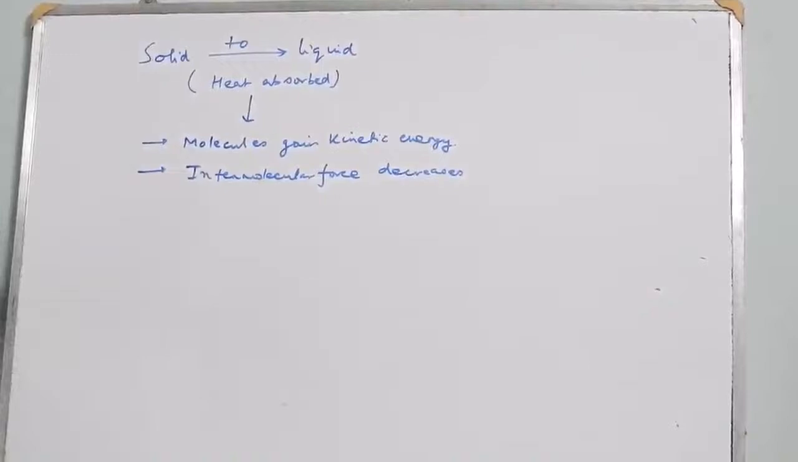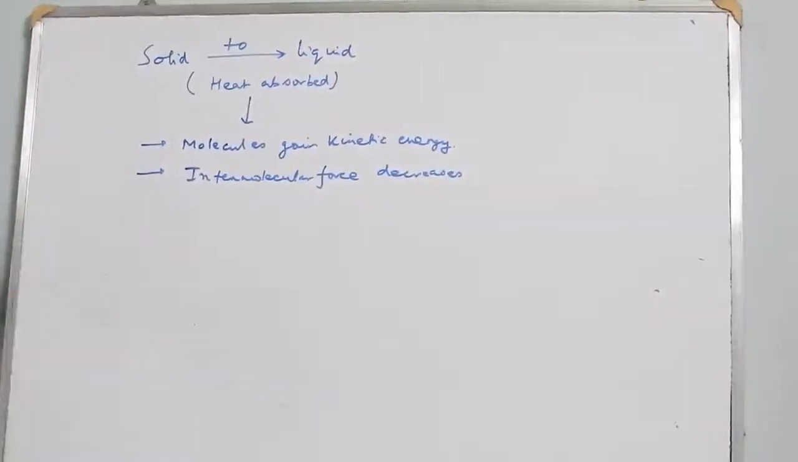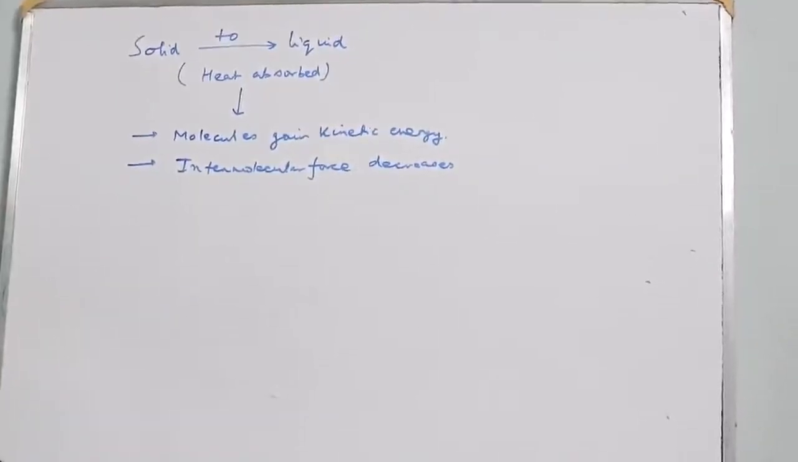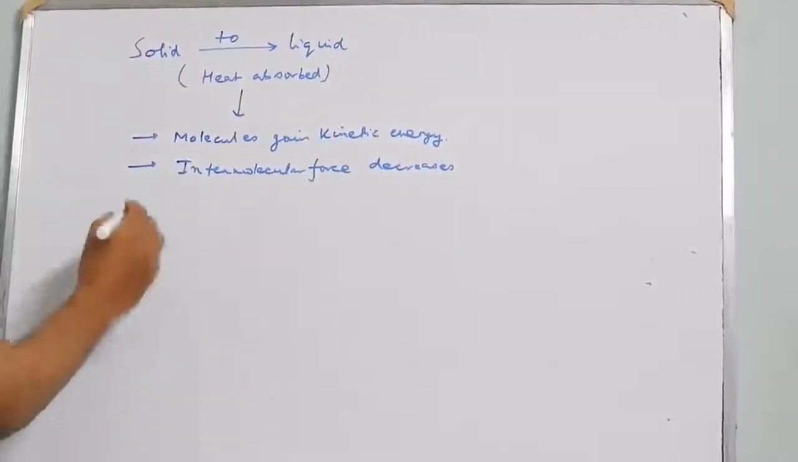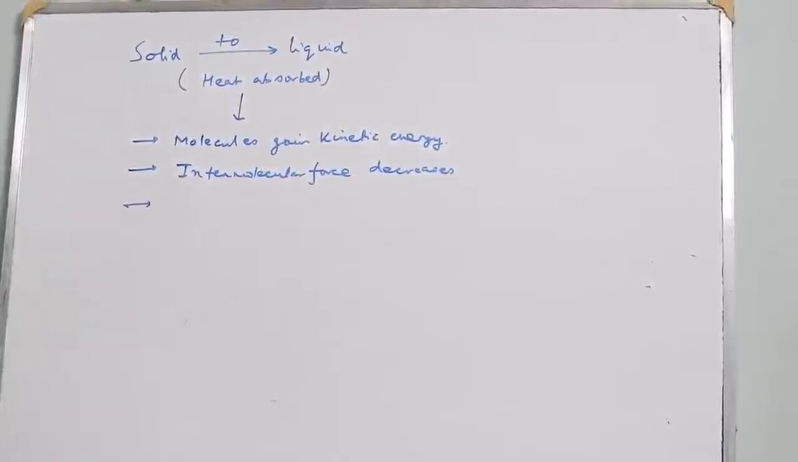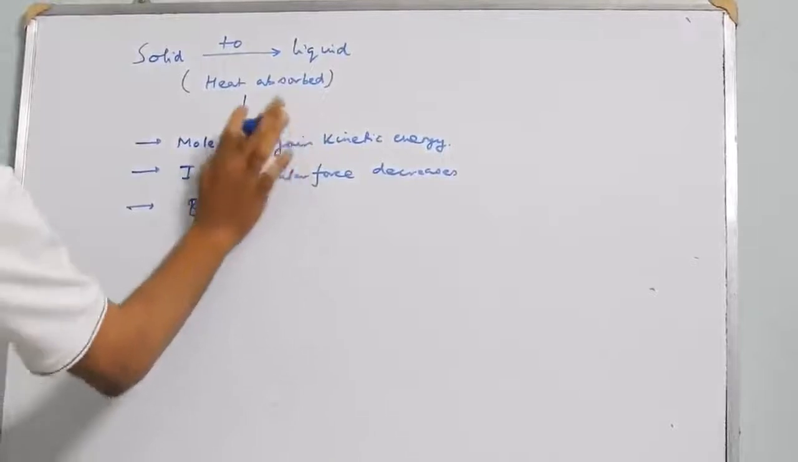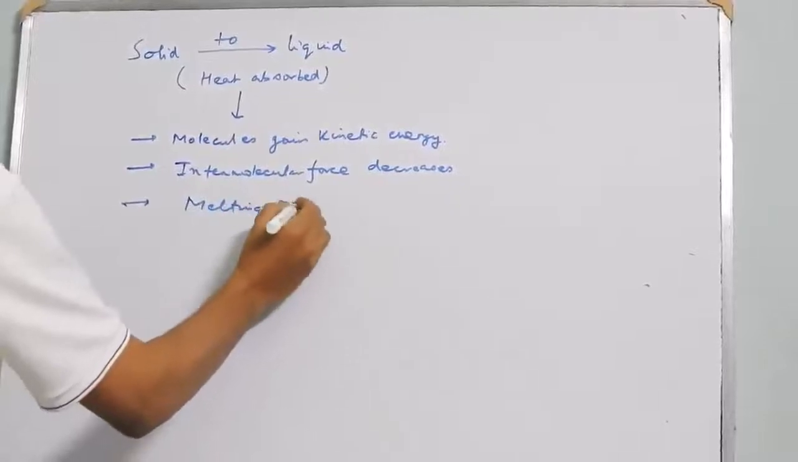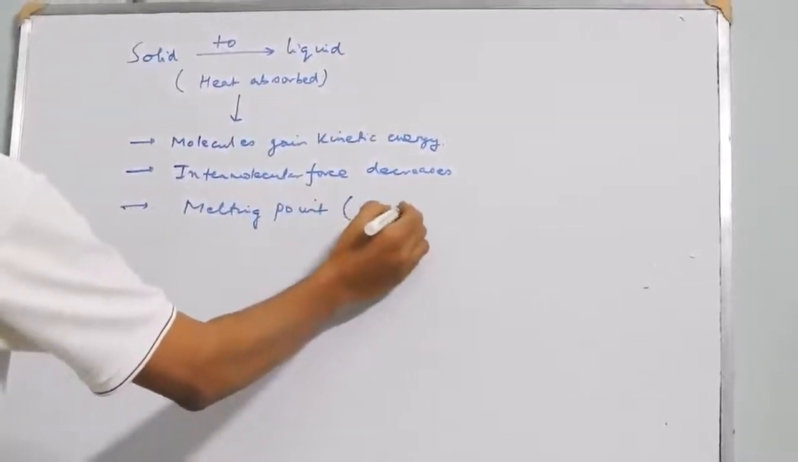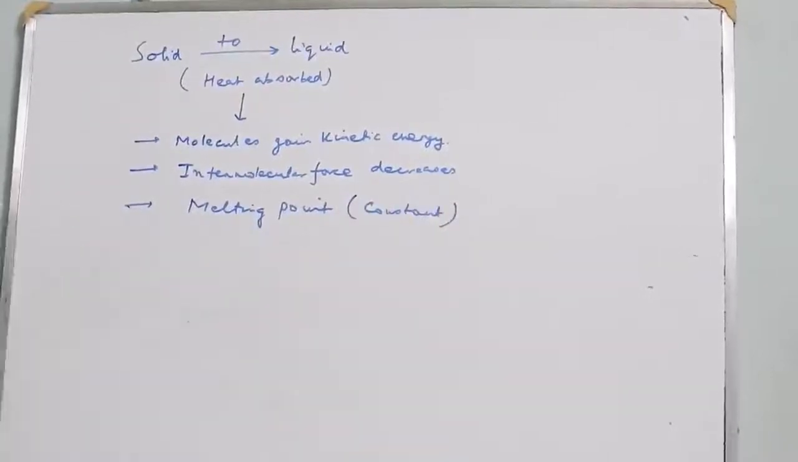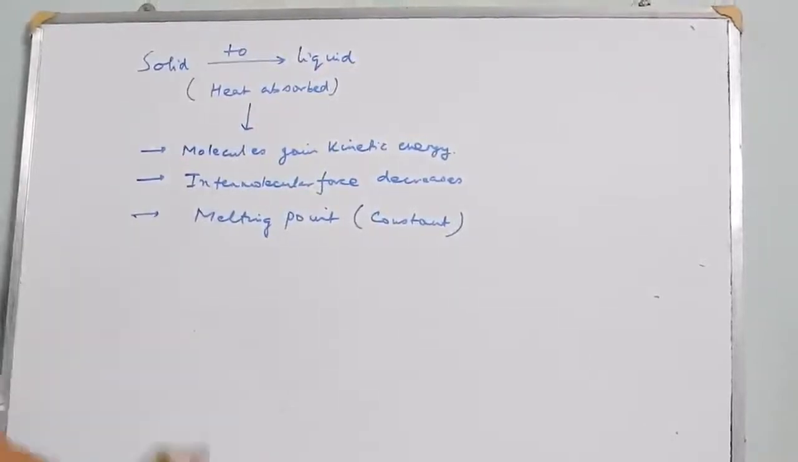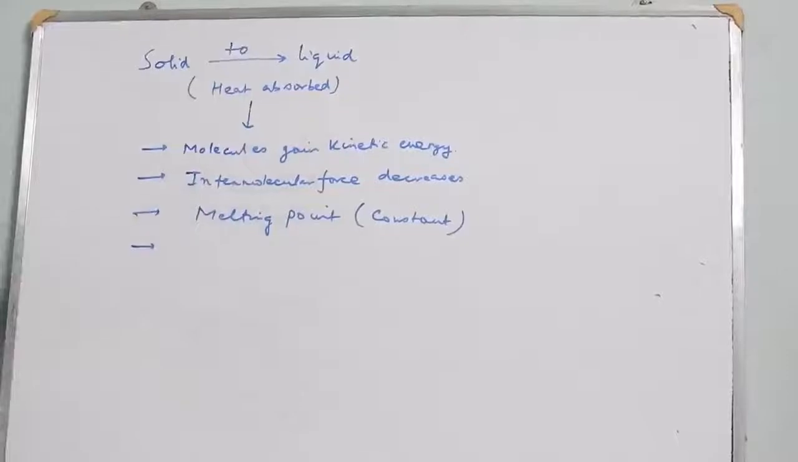A time comes when the solid has gained sufficient heat so that the intermolecular force is sufficiently small, and the solid is at the verge of getting converted to its liquid form. And that conversion will occur at a constant temperature that is called the melting point of the solid. This melting point will be a constant temperature for a particular solid, and when the solid begins to get converted to the liquid form, the process of heat absorption continues, but now